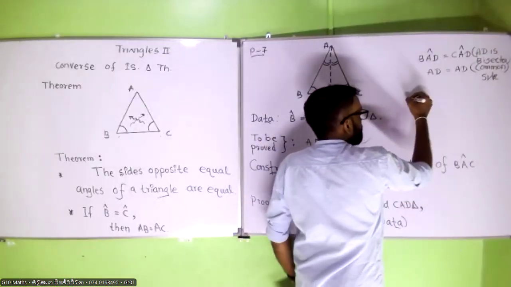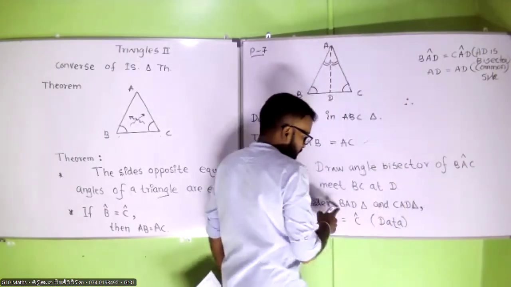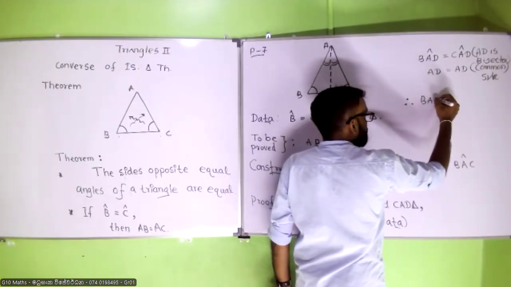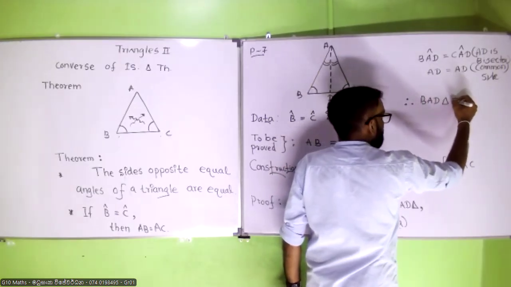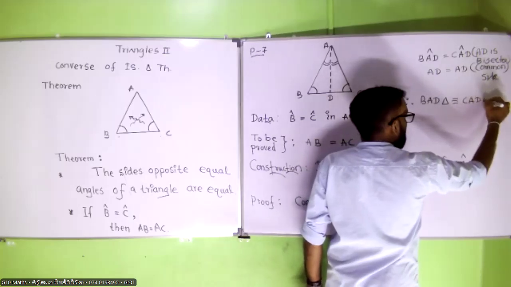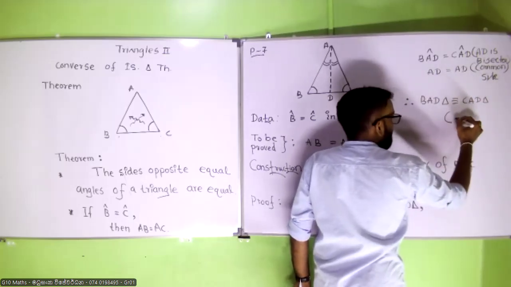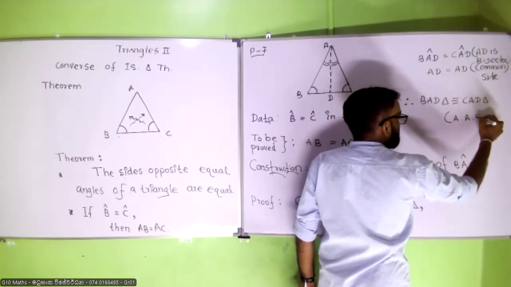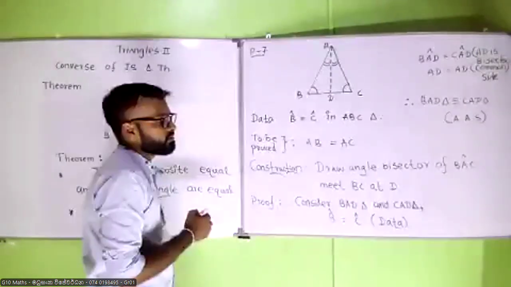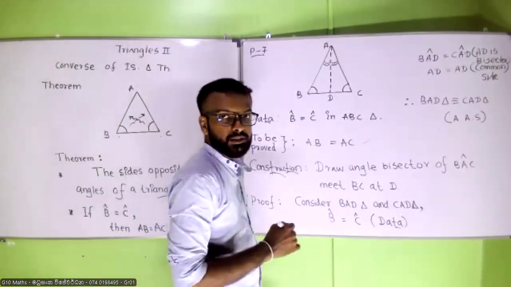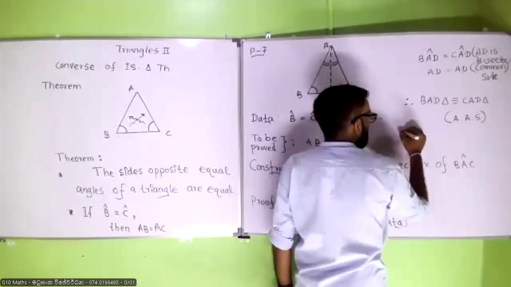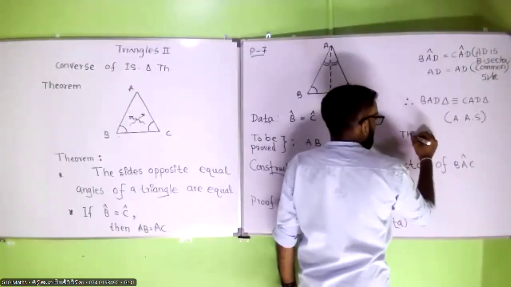Therefore, I can write BAD triangle is congruent with CAD triangle. The reason is angle, side. This is the case, angle, side. So that's the reason. Therefore,